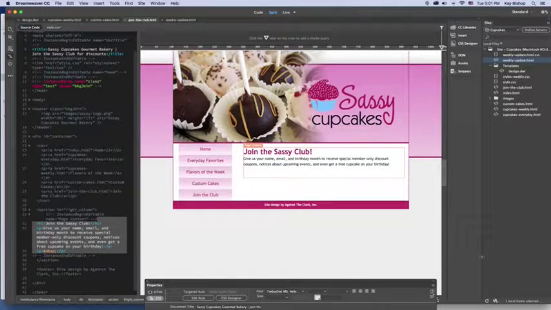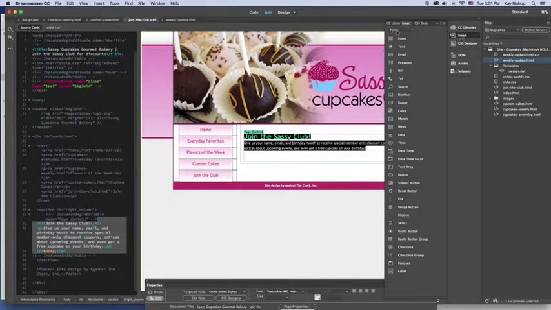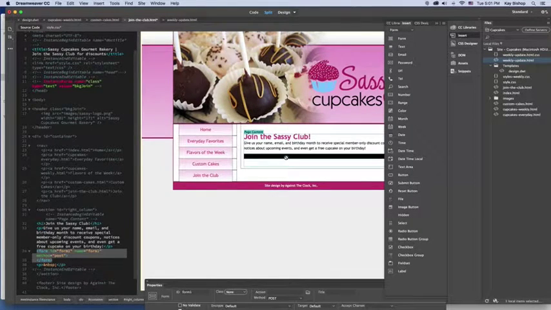Stage 2, we're going to create online forms using form objects, also called form fields. Open up your Join the Club HTML page in your Cupcake site, and we're going to switch to Design View. We're going to use our Insert panel and make sure you switch to Form, and we're going to input some form fields. Click the Form button and drag it under the paragraph